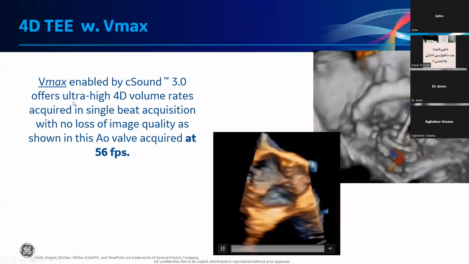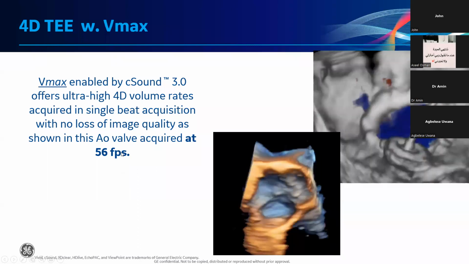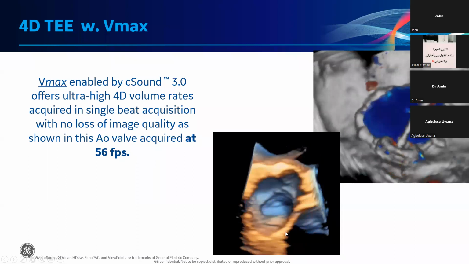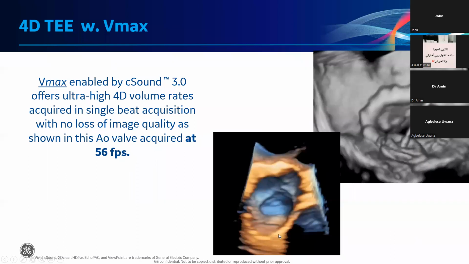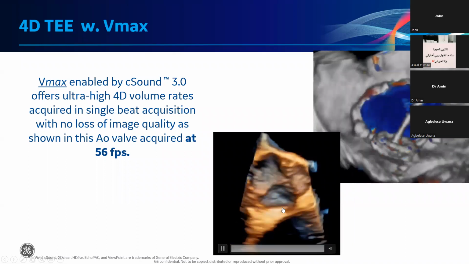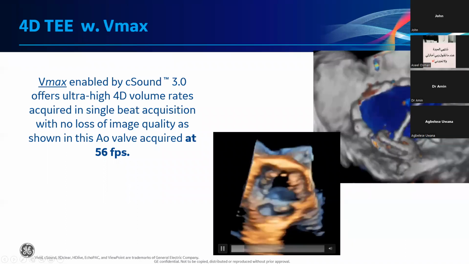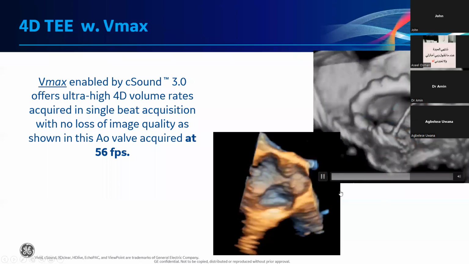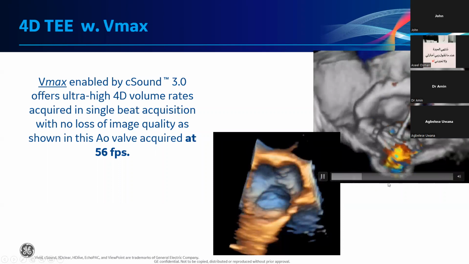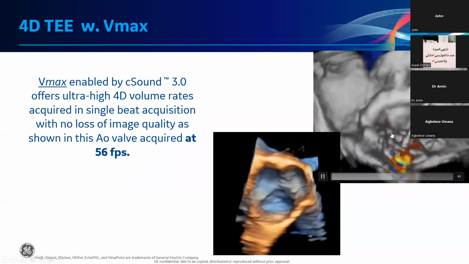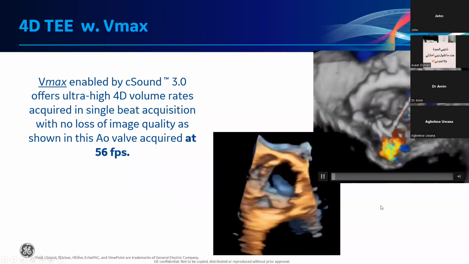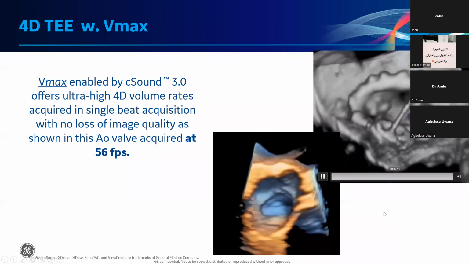there's a tool called VMAX, where you are able to have up to 5 times the frame rate. That enables us to have very high frame rate as well as spatial resolution at the same time, as you can see in these examples for the aorta and this mitral valve with a percutaneous paravalvular leak during, as you can see, a percutaneous attempt to have this paravalvular leak closed with an